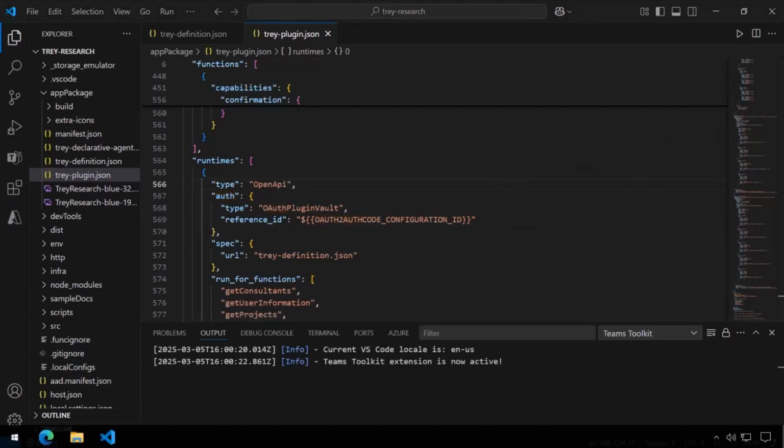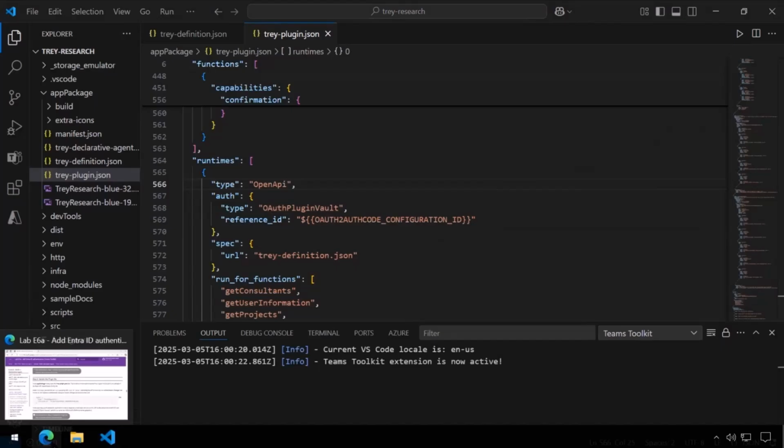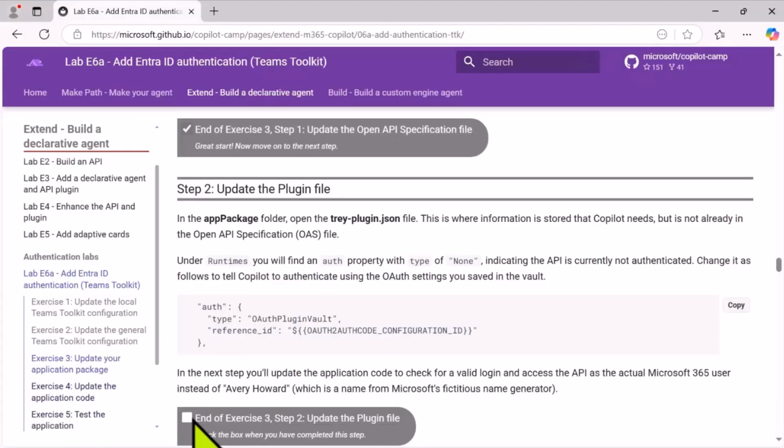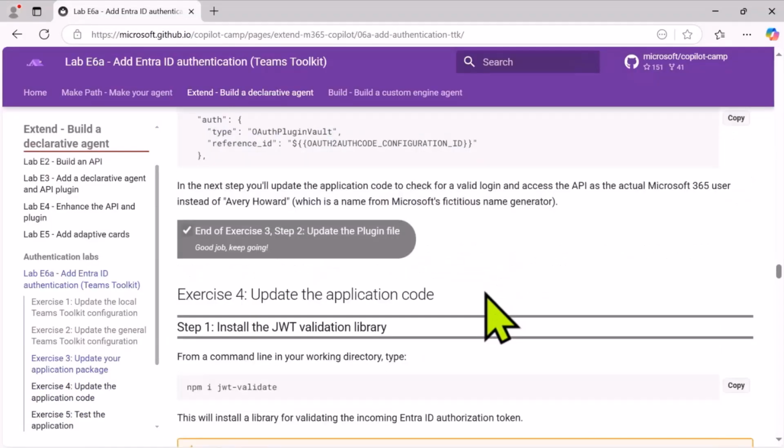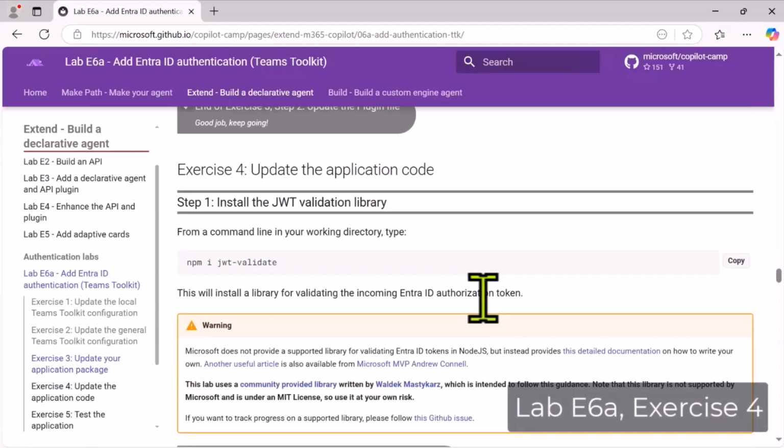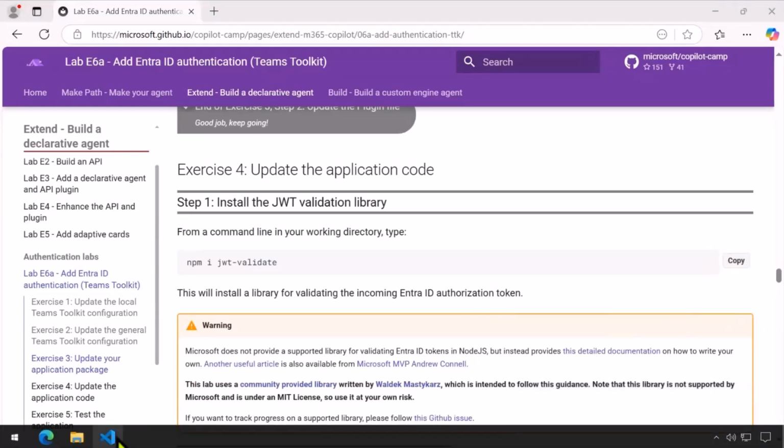But there's no security unless we actually check the access token inside of our API. So that's the next thing that I'm going to do: the next exercise of the lab is to update the application code. Now, unfortunately, Microsoft does not provide a library for validating access tokens in Node.js, and this is a Node application. There are detailed instructions on how to do this by writing your own code, and I'll reference those